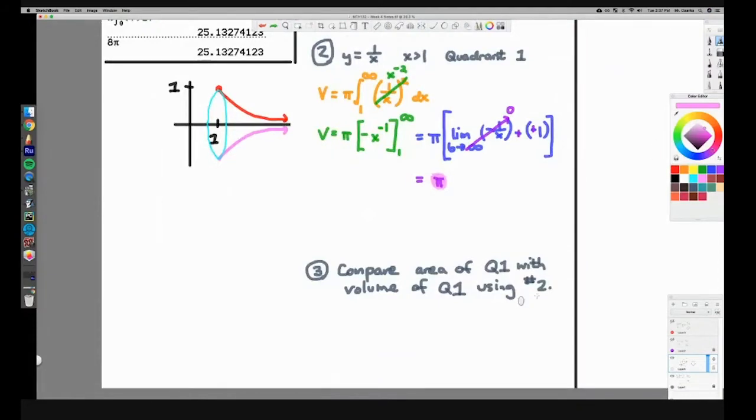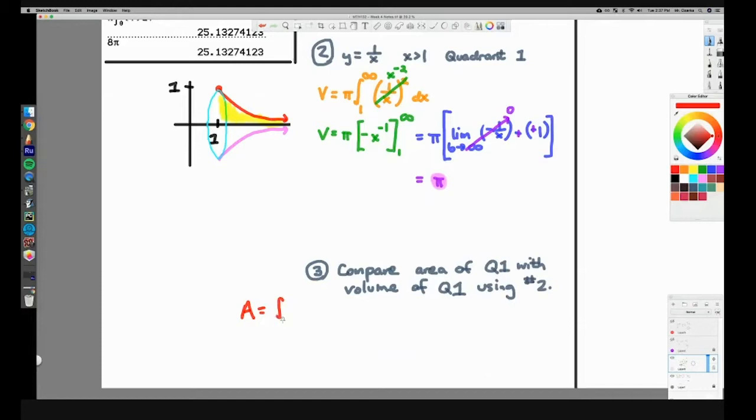And Elena, you don't have to do this one. This is strictly almost for Lath or just for anyone that wants to nerd out, because this last part is really complicated. It says compare the area of quadrant 1 with the volume from here. So now what if we just want to find this area right here? Now this area is just going to be